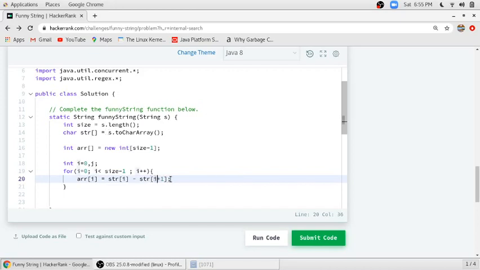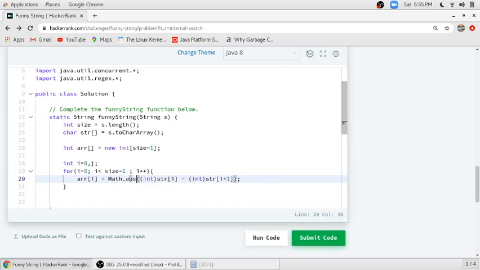But str of i and str of i plus 1 are characters, so we have to typecast both of them to int. And sometimes the difference will be negative, so we will make it absolute. Even if the difference is negative, it will give us the positive value using this Math.abs method.